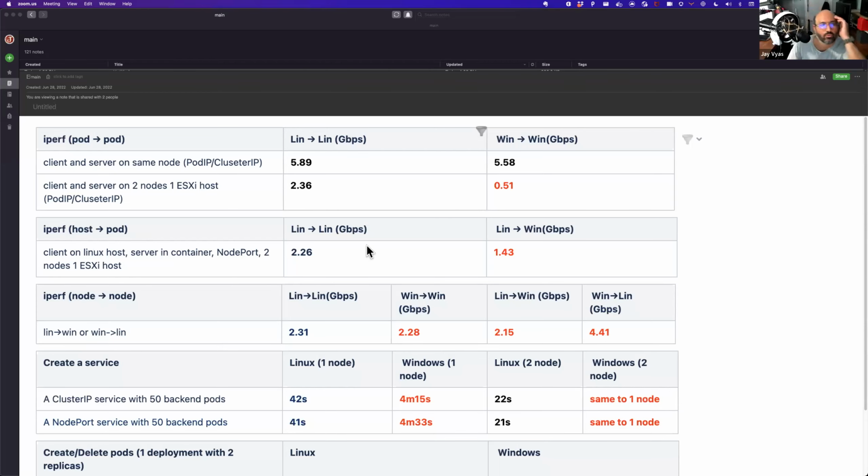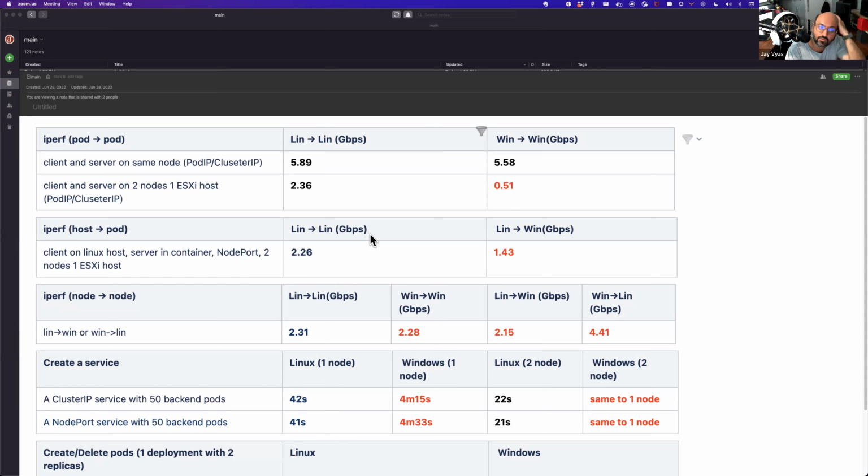And then we found that Linux was overall about four times faster once we started distributing pods.